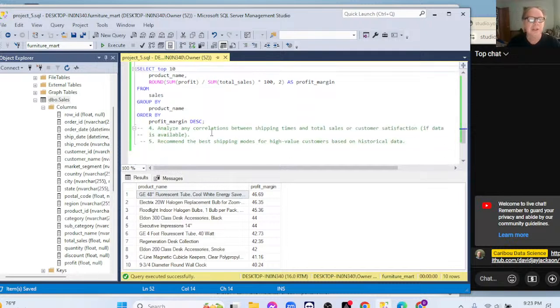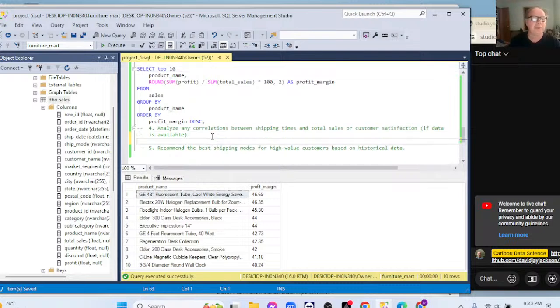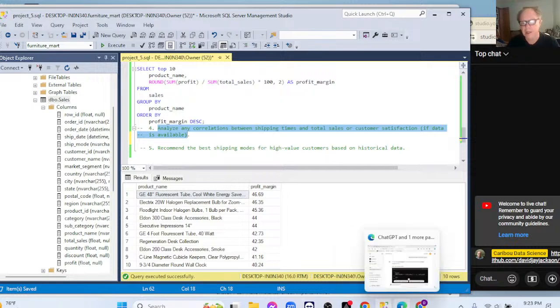Okay. Analyze any correlations between shipping times and total sales or customer satisfaction if data is available. We don't have any customer satisfaction, do we? I'm not sure why they came up with this, but there's nothing near to rank customer satisfaction. So this is going to be kind of interesting. What exactly is it going to try to come up with here? I have no idea,